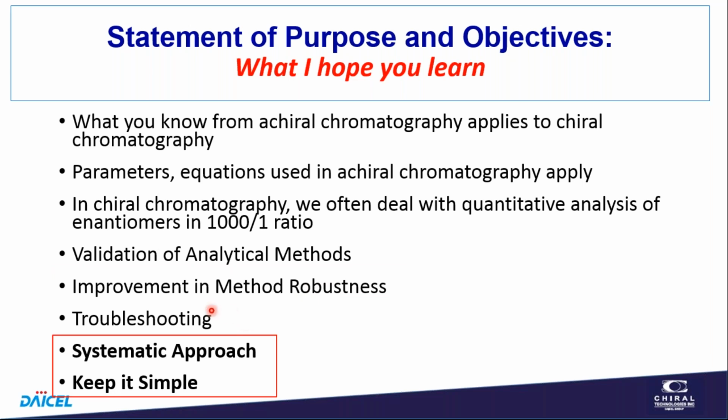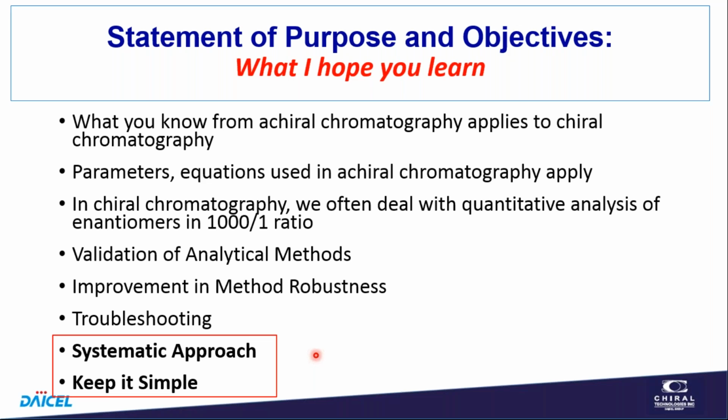I like to use a systematic approach to method development or to troubleshooting, and so I think I'm going to show you some examples of that. I think what happens is it's a little bit front-end loaded. You do a few more experiments on the front end, but the advantage is you get much better understanding in the long run. Do probably fewer experiments, and it gets you to an optimum or to a good position fairly quickly. It also lets you know how you got there, so you know what parameters are important and maybe what are not.